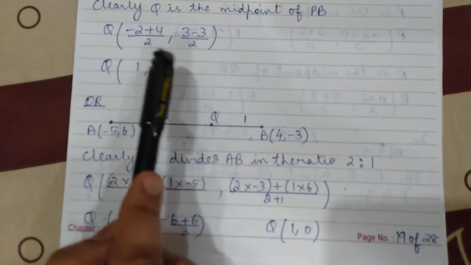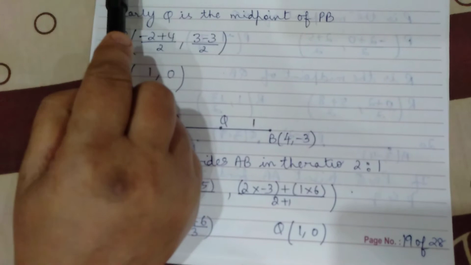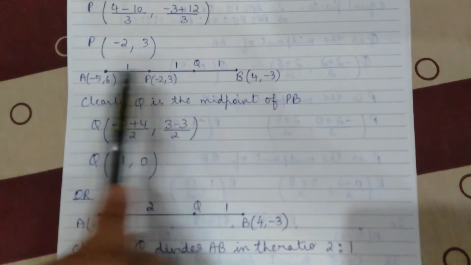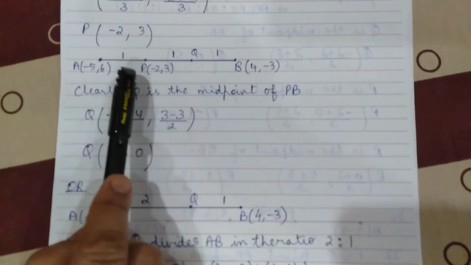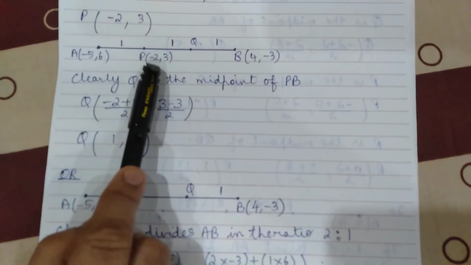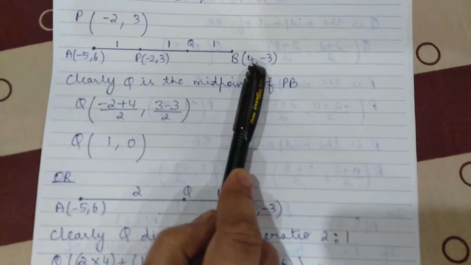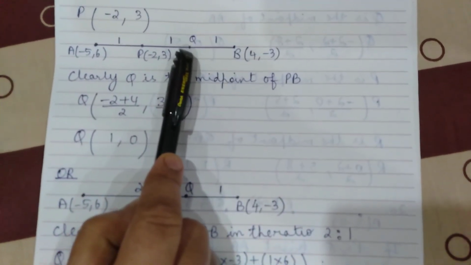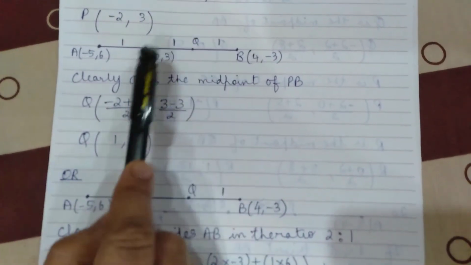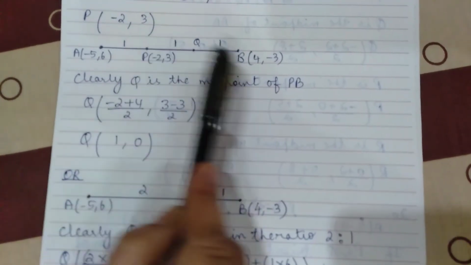Now we can also find the coordinates of the point Q using the midpoint formula. Now that we have found the coordinates of point P, you can see the complete figure here. You can see the line segment AB with the points P and Q on it. We know the coordinates of the point B, and Q lies midway between P and B. How do you know that? Because PQ is 1 part and QB is 1 part, which means Q is the midpoint of PB.